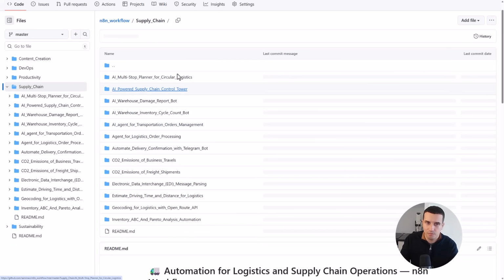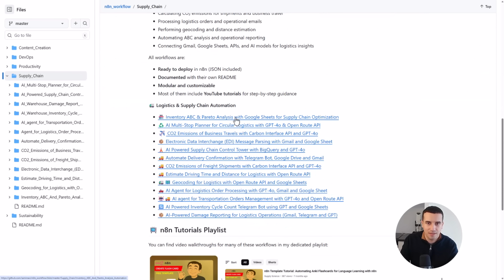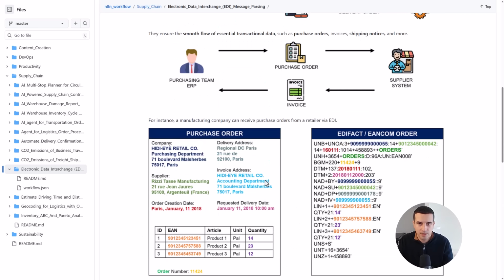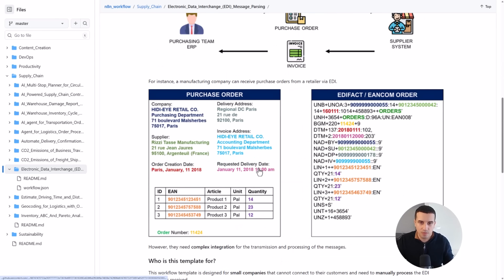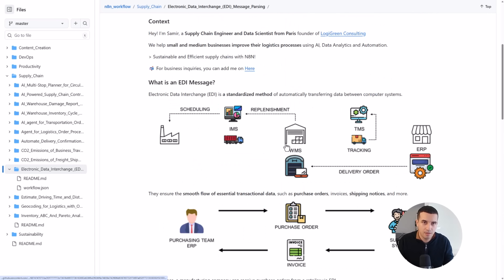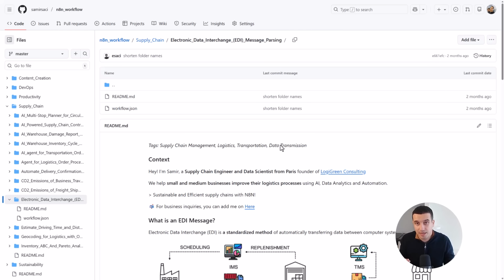And here you have more than 10 workflows that are covering transportation management, CO2 emission calculation, EDI, translation, parsing. For instance, this EDI workflow that I have used as a base for a solution that I have implemented for a customer. Here you have on the README a description of what the workflow is doing. If you click here, you have a complete tutorial on how to set up, the same way that I did here. But in these tutorials, I have assumed that you have basics of n8n. This is why I needed this additional tutorial for you. And then you go on workflow.json